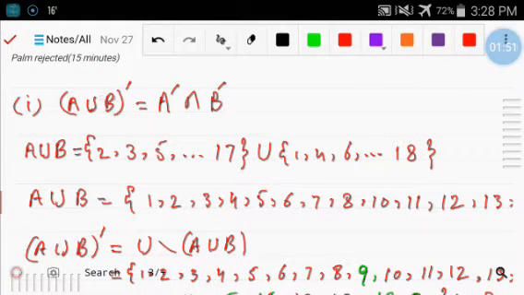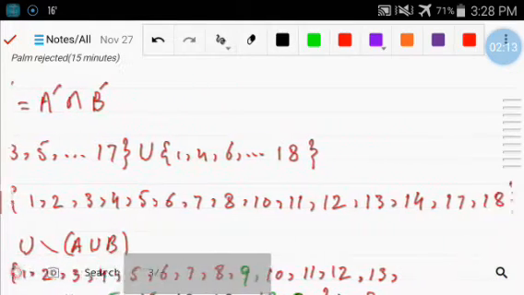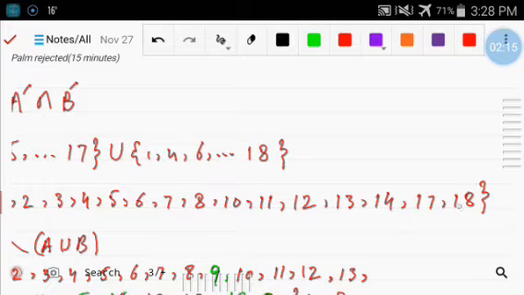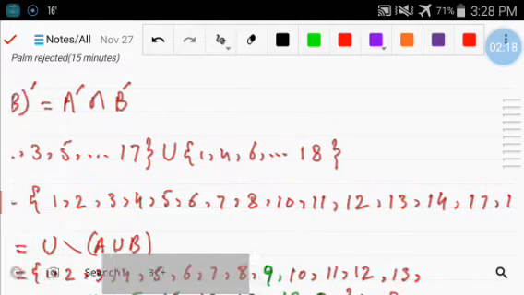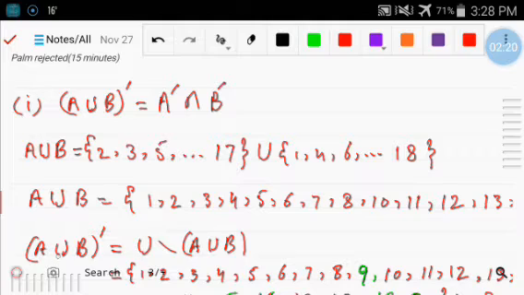So we are taking the left hand side. For the left hand side, first we find A union B. The union of A and B is 1, 2, 3, 4, 5, 6, 7, 8, 10, 11, 12, 13, 14, 17 and 18. Now (A union B) whole complement is equal to U difference (A union B),